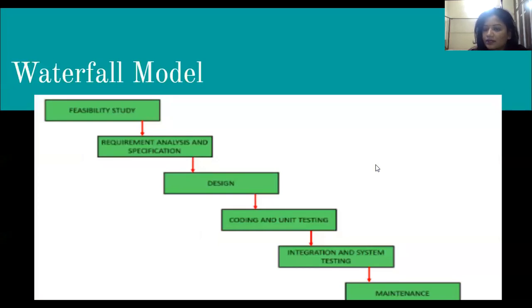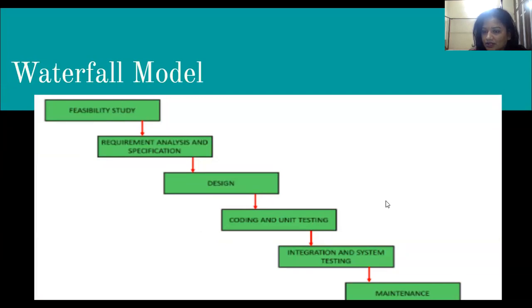When the coding part is finished module wise, then comes the integration and system testing. In that, the modules are integrated in a systematic way and then tested, and after it has been tested with respect to the requirements, it is launched, deployed at the customer site.